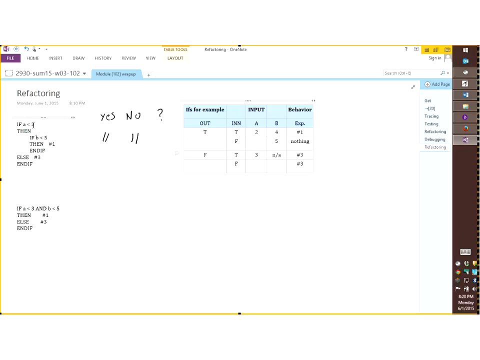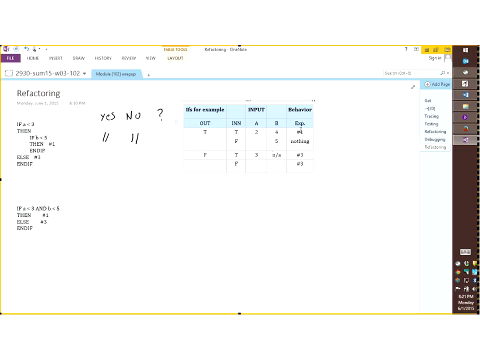Why did I write not applicable? Oh yeah, if the outer if statement is false, I go to my else part, and there is not an inner if statement in the else part. So the value of B really doesn't do anything. But I could use 4 and 5, just for the sake of my test table. That's not a problem. If I had to enter A and B beforehand, I would have to enter a value, so I would use 4 and 5 here.